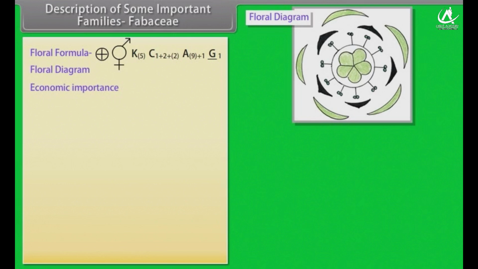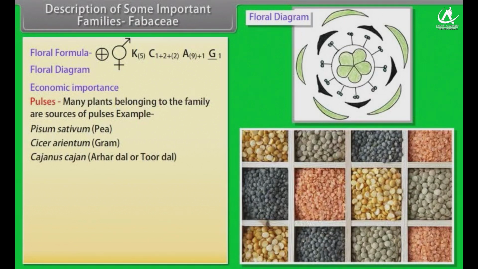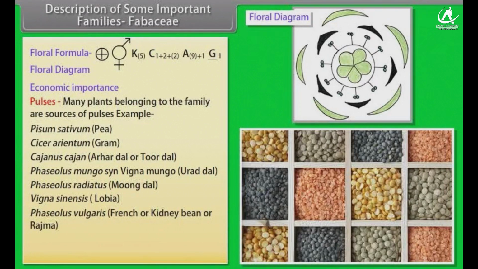Economic importance. Pulses. Many plants belonging to the family are sources of pulses. Examples: Pisum sativum, pea; Cicer arietinum, gram; Cajanus cajan, arhar dal or tur dal; Vigna mungo, urad dal; Phaseolus radiatus, mung dal; Vigna sinensis, lobia; Phaseolus vulgaris, French or kidney bean or rajma; Lens esculenta, masoor dal;